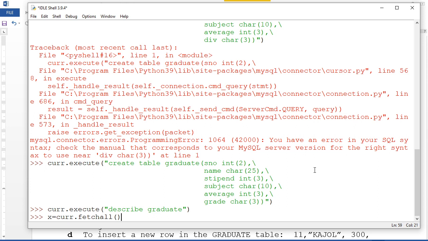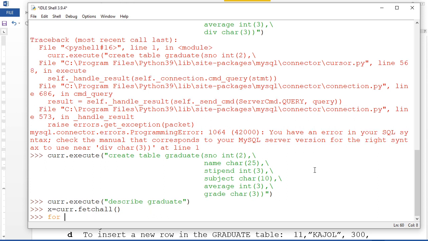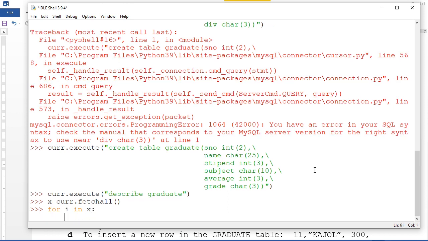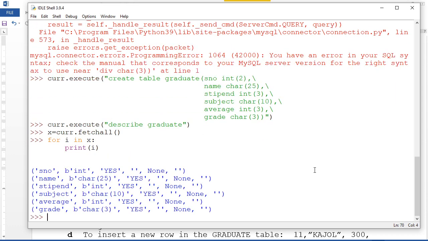Okay, so again here fetch all, then again for i in x. This is a very popular question in external exams, understand. People ask why you have used this i, and where your data is coming from. Okay, so I am going to write here print, and put here i. Okay, so just check it out. Okay, done. Concept is clear. We have created the table, and now we are going to input the data.